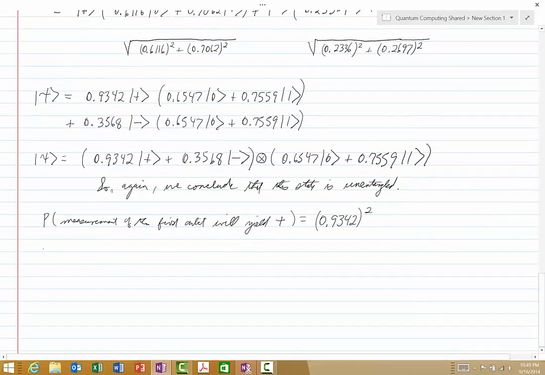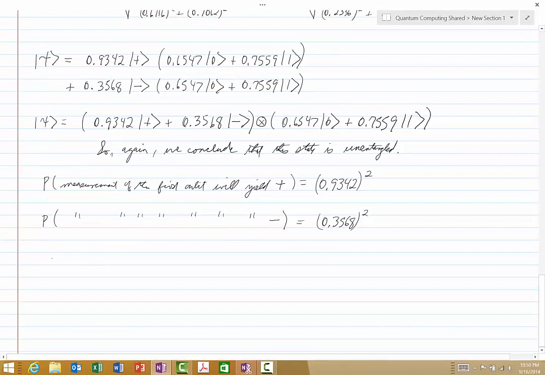The probability that the measurement of the first qubit will yield minus is equal to 0.3568 squared,